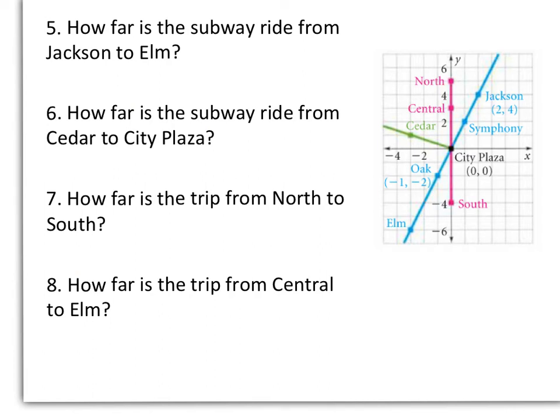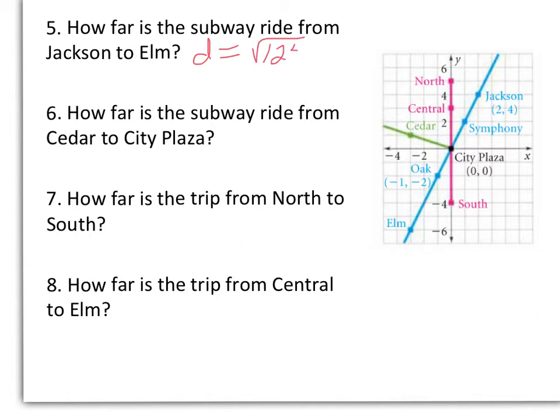Okay, the next examples I want you to try on your own, and I'll provide you with the answers so then you can check your work. In 5 and 6, you're using the distance formula. 5 says, how far is the subway ride from Jackson to Elm? So when you use the distance formula, as a final answer, you will get the distance equals the square root